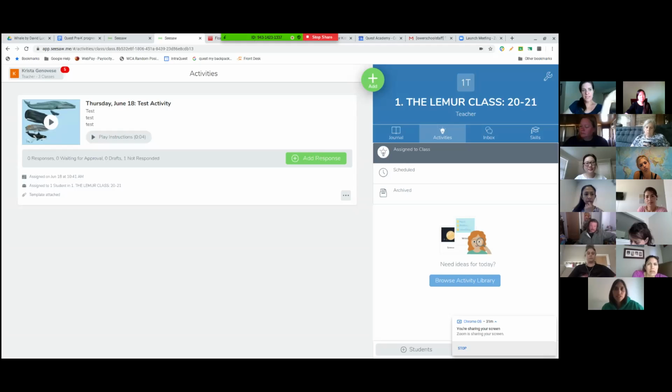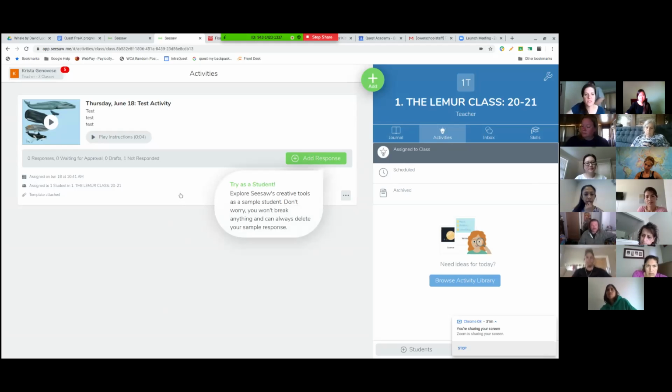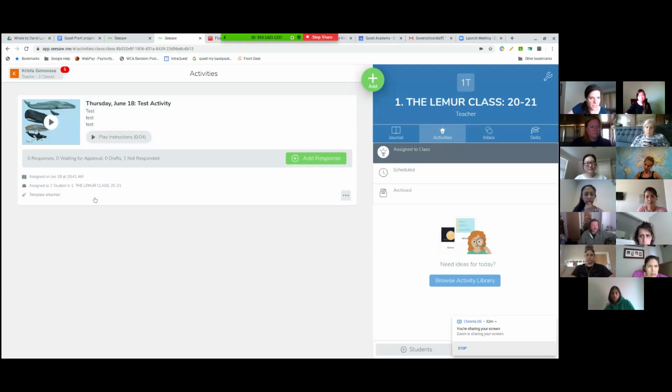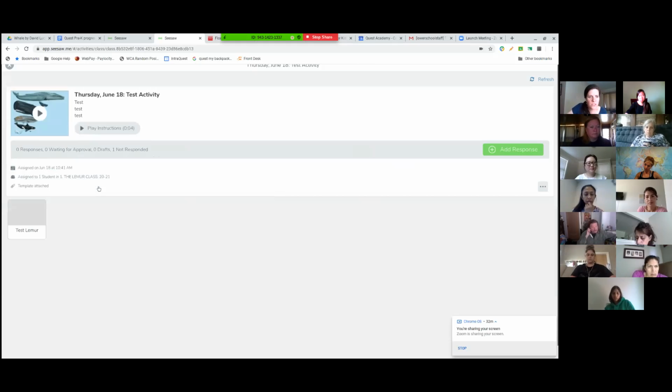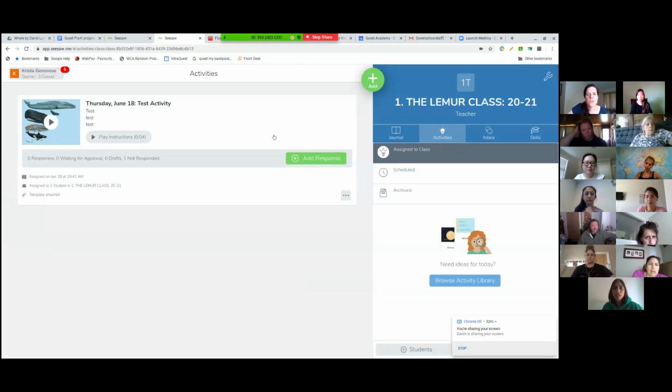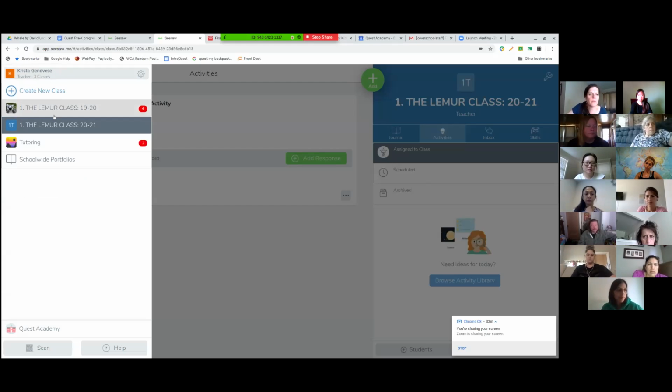And now I'm looking at this as a teacher, so this is showing me in the activity feed all the things that I currently have assigned to people. And you can tell if you click right here, assigned to who, and it has the test student. And when you are looking at this, I'll show you in my other class, it shows you pictures of all the students who have it and who's responded to you and who hasn't responded to you. So if I go to my old class,